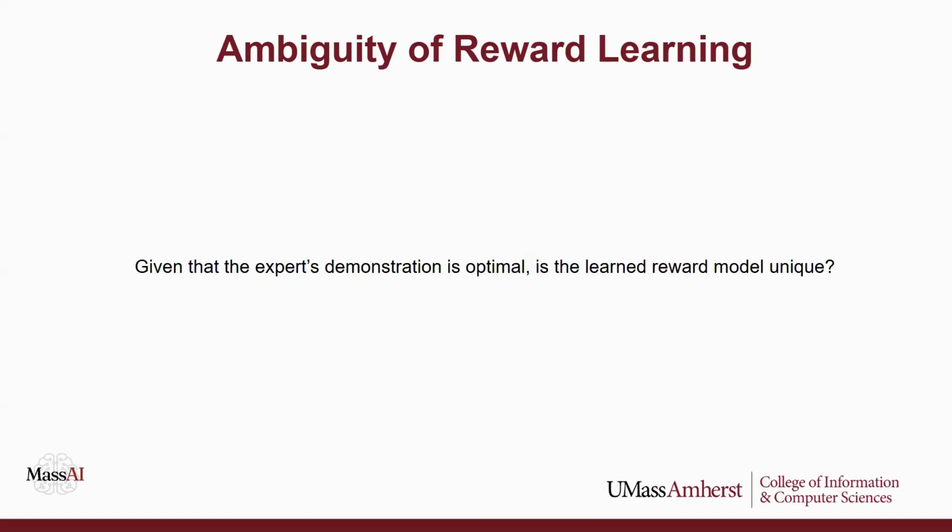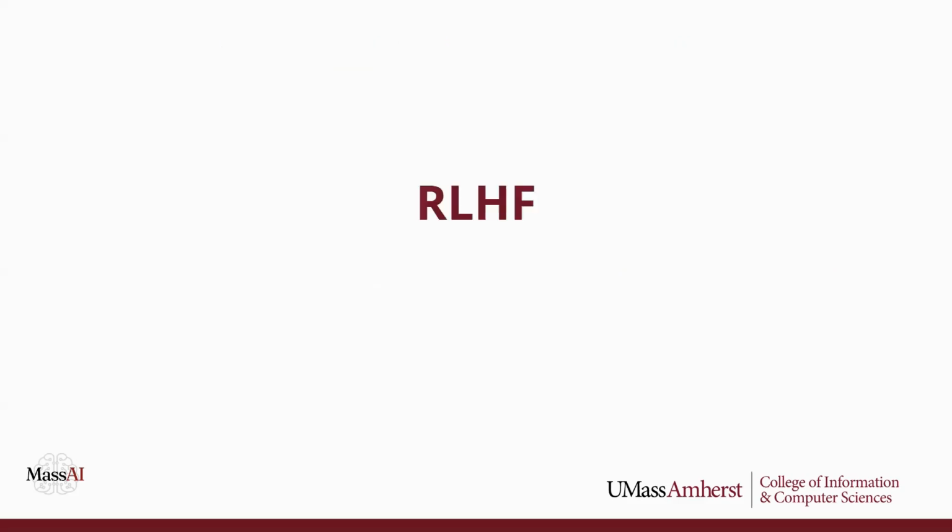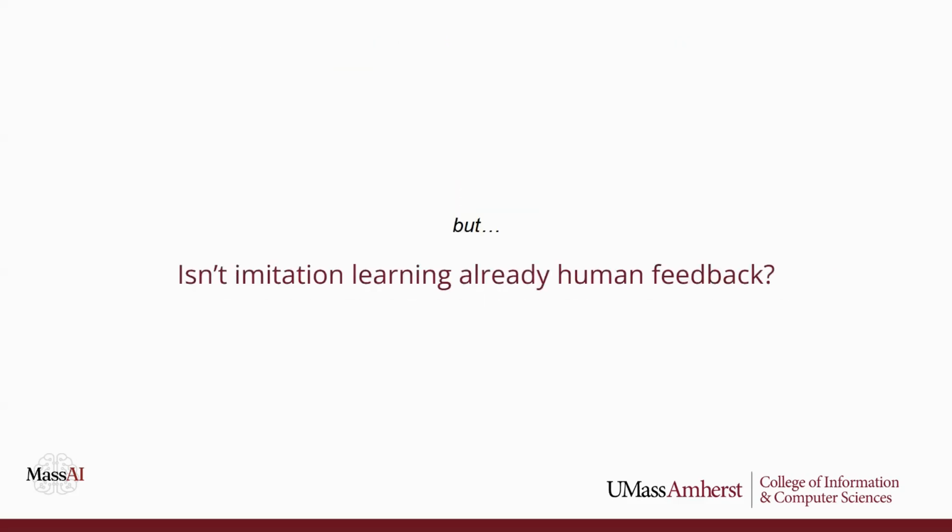We want to always choose the most optimal, and not only optimal, but also most aligned with our common sense. For example, yes, you can take the shortcut on the road, but you also want to be obeying the law. So you want to have a supervisor who is also human to be able to choose between the very diverse courses of reward and policies that your imitation learning algorithm can generate, and then choose the optimal output. And so that's the idea of reinforcement learning from human feedback,